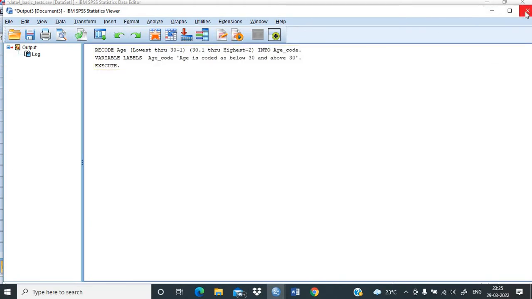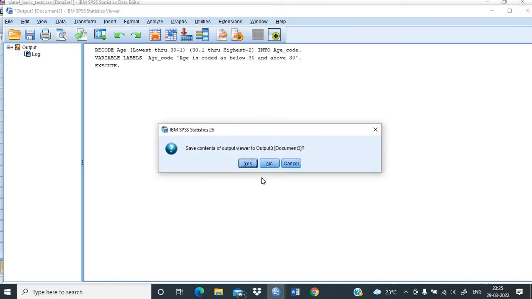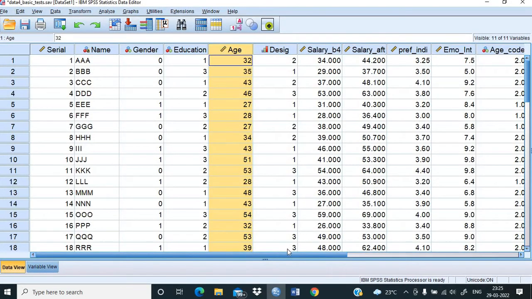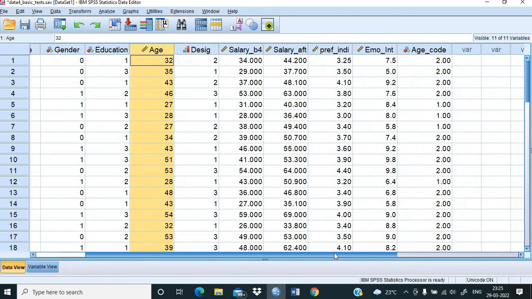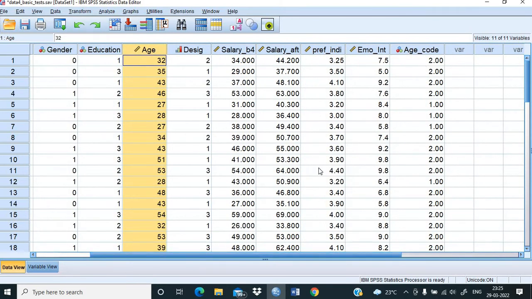So you can close the output window, and go and see what changes have taken place in the age code window. In the age code window, you see this one is age 32. It has been coded as 2 because it is more than 30; 35 is 2, 43 is 2, 46 is 2, but this one is 27, it is coded as 1. So this has taken place in the entire data set, but we require to make some